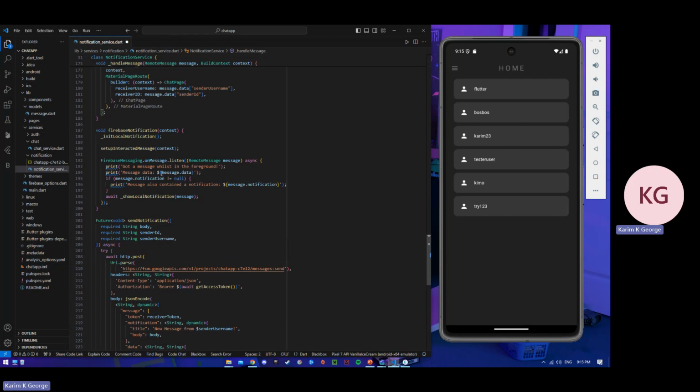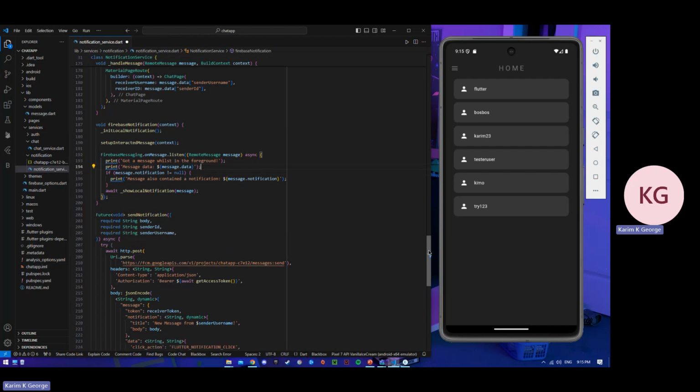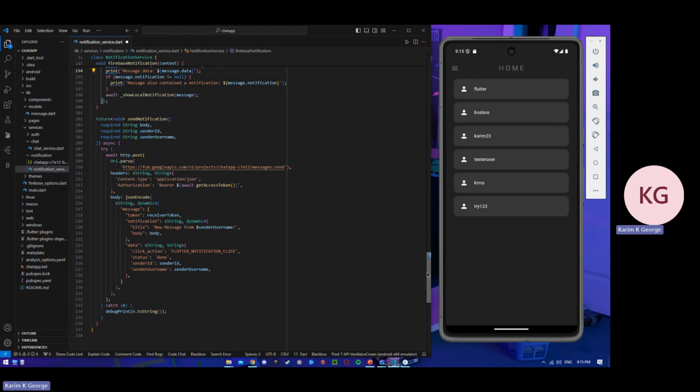Or sorry, when they're on foreground only, the background one is the setup interactive message. So if a message is received in the foreground, it prints that a message has been received and the message data. And if the message notification is not null, it will print "message also contained message notification." But these are also only checks to make sure everything is running smoothly, and then it will just await show local notification, which, as I previously showed, shows the actual notification based on the